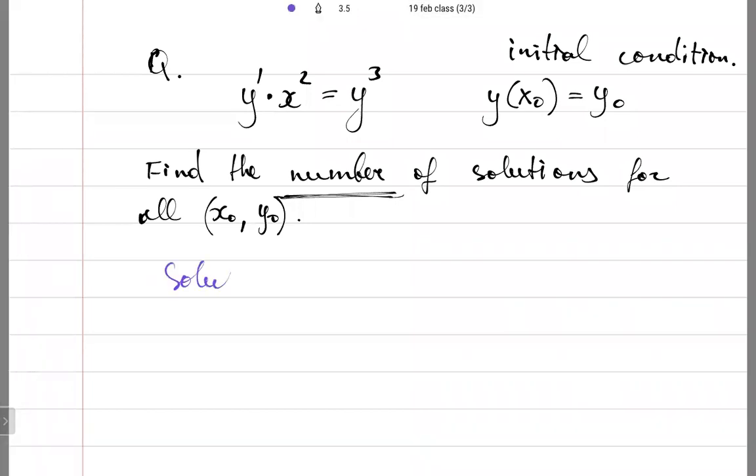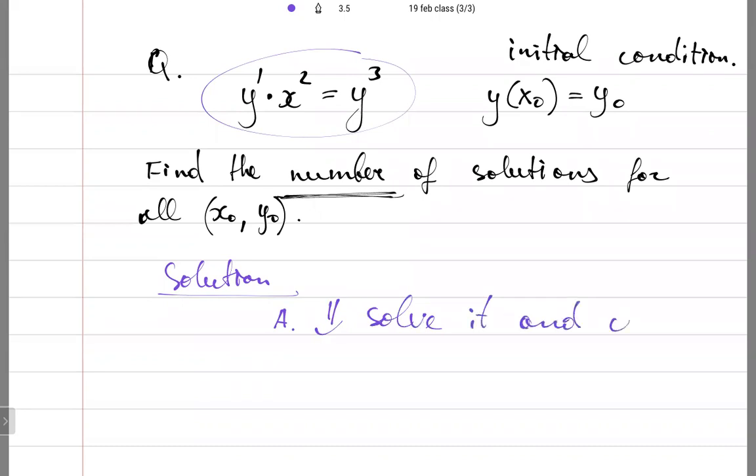Solution. This equation is very simple. So one possible strategy is just, for this particular case, solve it and count. Solve it and count. For this particular case, that's okay. We can explicitly solve it. And the second strategy is